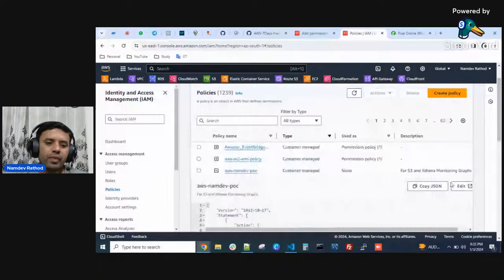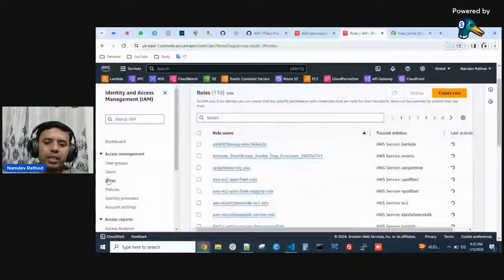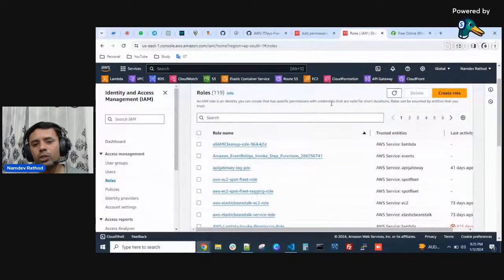Now coming to the roles. As we have seen, for users we can generate credentials for console based access, but for roles we can't create that kind of credentials, and we can't assign console access. So roles we use for programmatic access. Let's say you have any SDK based application from which you want to access an S3 bucket or store data or something. In that situation,